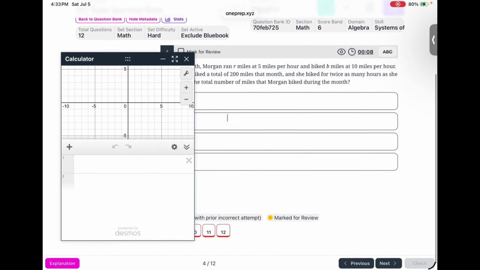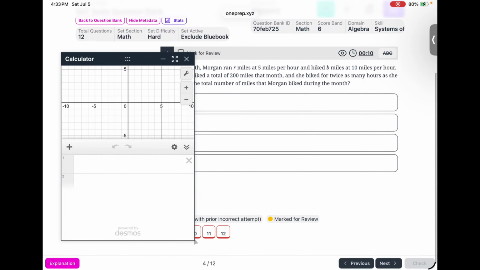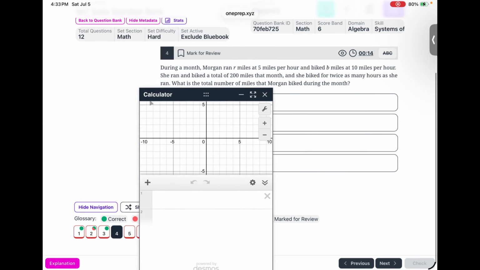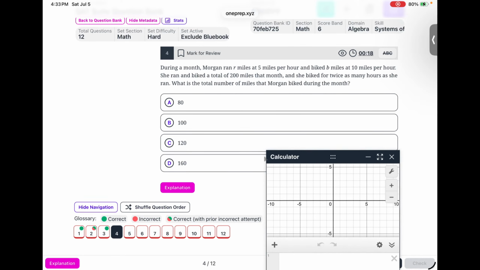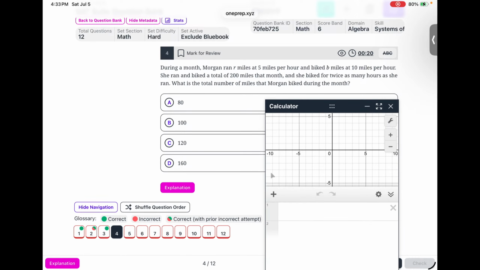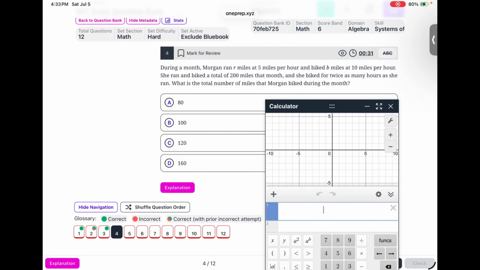Come on. Let me see this better. During a month, Morgan ran R miles at 5 miles an hour and biked B miles at 10 miles an hour. She ran and biked a total of 200 miles that month, and she biked for twice as many hours as she ran. So,